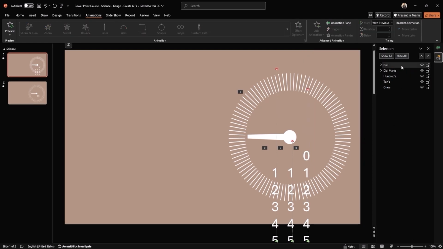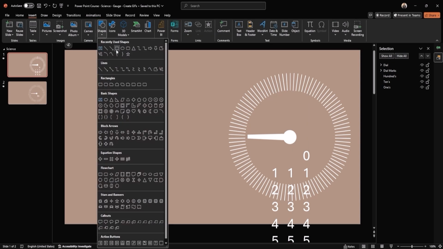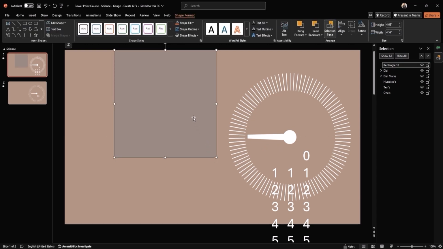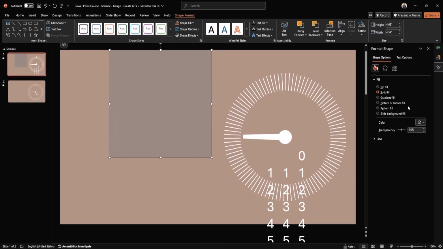We now need to hide the top and bottom parts so that only one row of changing numbers is visible. Head to the Insert tab, add a large rectangle, and format it to match the background color, brown. Then, set its transparency to 0 so it fully blends in.